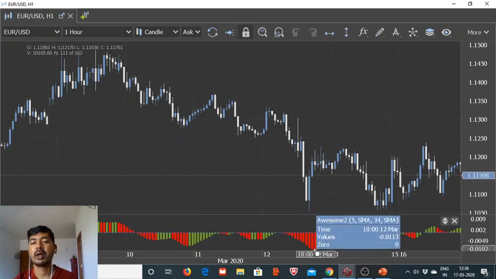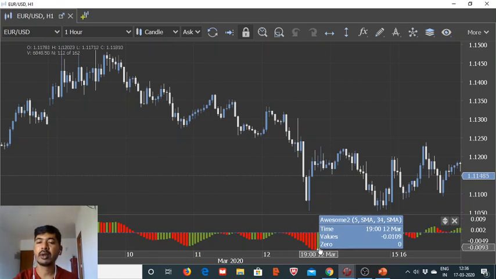and it will continue to look for short sale as long as the negative values are falling, and whenever the negative values start to rise, we will stop the trading. So here,